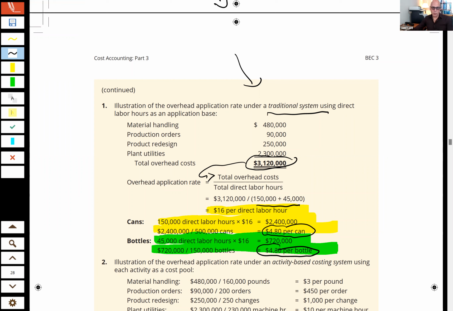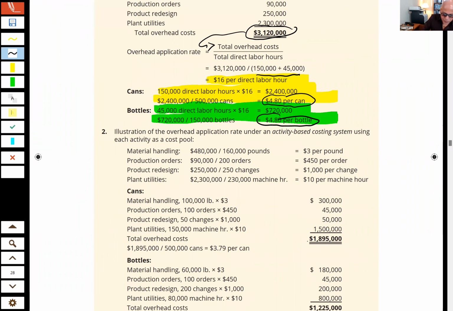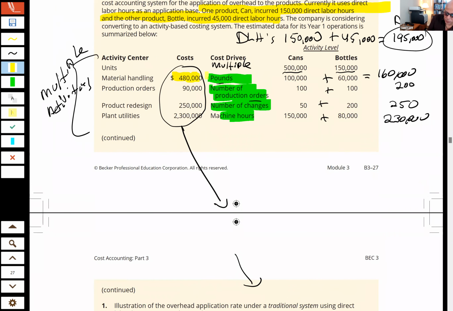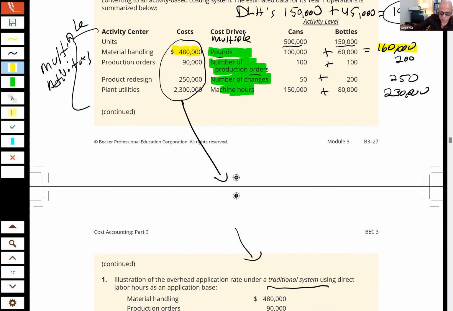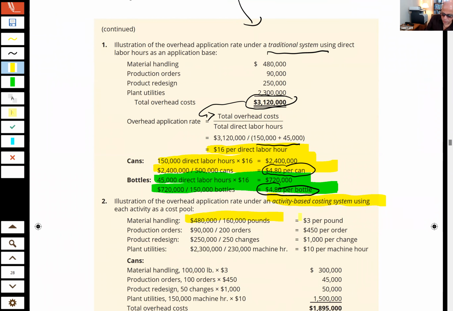This entity would be indifferent as to how much factory capacity they use, at least looking at overhead, based on bottles versus cans here. Okay, now you come over, and what we do under activity-based costing is we're going to go ahead and come up with a rate per activity. So remember, we said that we had cost of 480 up here, and we had the 160. So we go ahead and divide the 480 by the 160, and we come up with a rate for